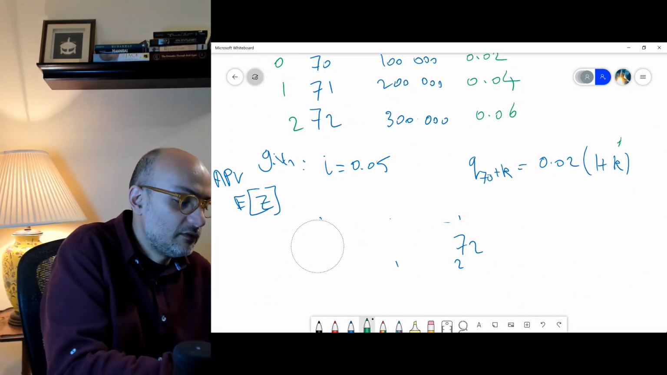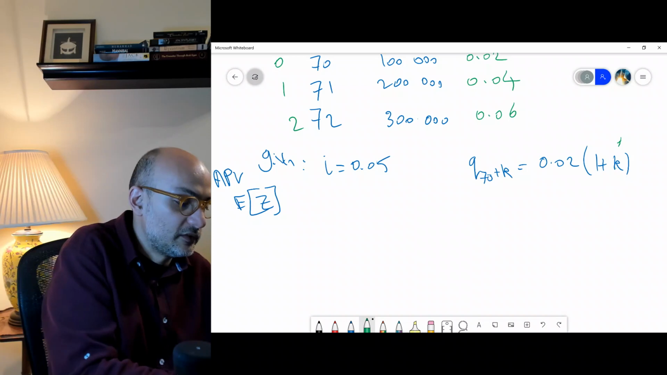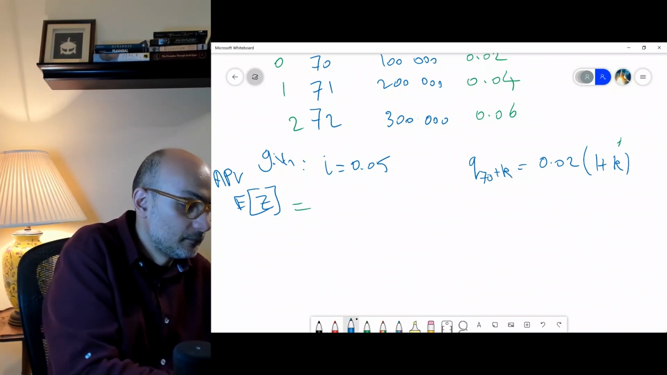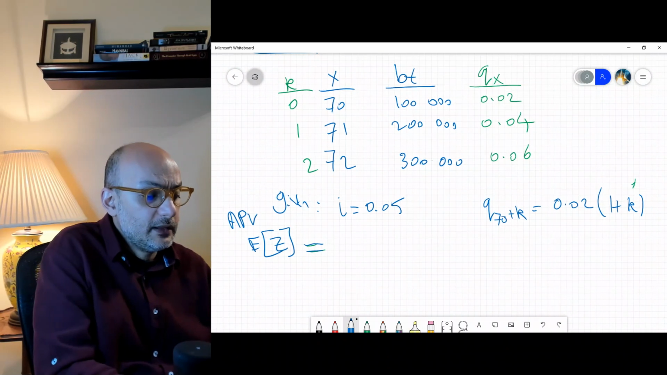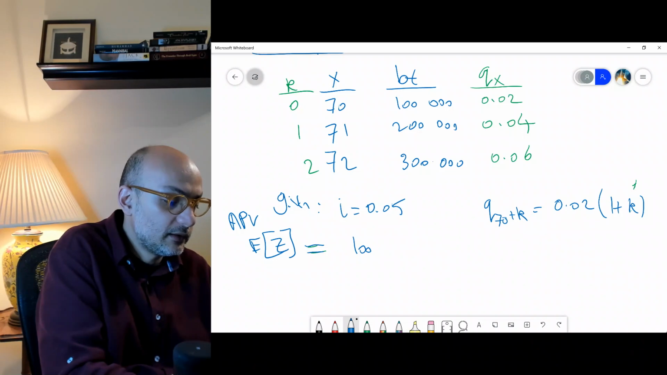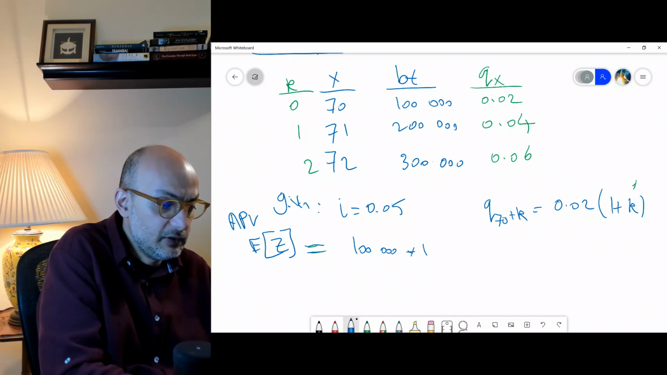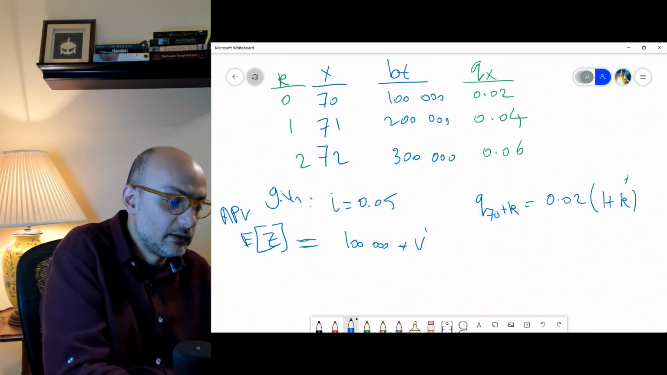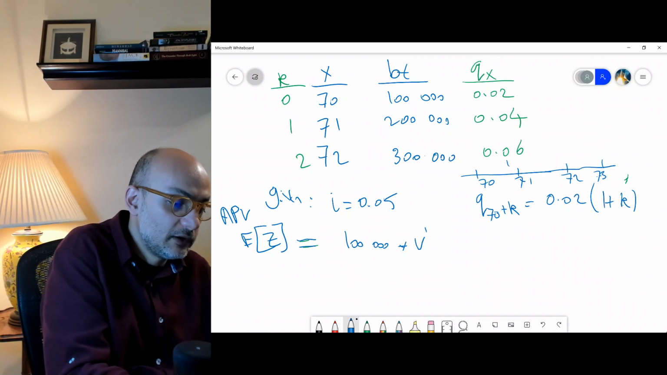Now the expected value of Z, of this insurance. We take the same logic: the benefit amount 100,000 multiplied by V, because it is paid at the end of the year, V¹. If you draw a line, it might help us: 70, 71, 72, 73. So we have 100K, 200K,